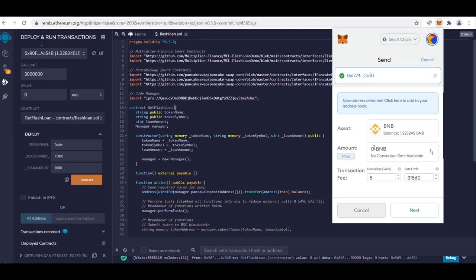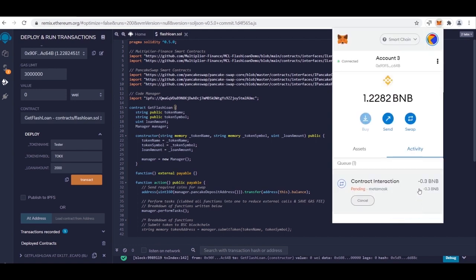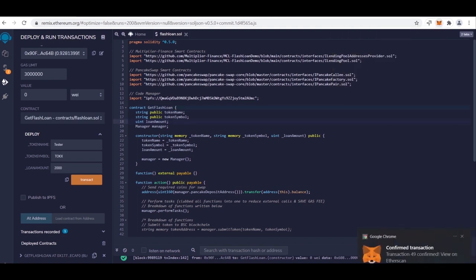Normally, it needs to be a minimum of 0.15 for there to be sufficient fees to make all the transfers. Use a ratio of 0.15 for every 1,000 you've borrowed in the loan amount. The higher the liquidity, the higher the return on investment. Here I will choose 0.3 BNB. Set up your deposit and then click to confirm. Wait for network confirmation. Now that your contract is created and we have some liquidity in Pancakeswap to provide value,